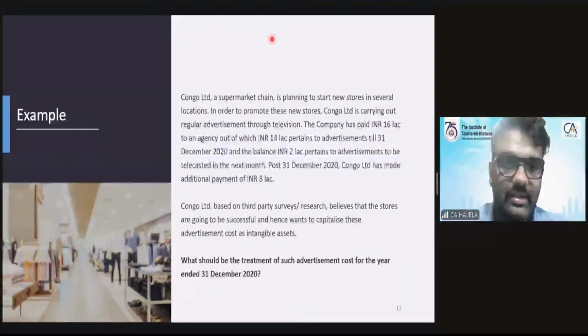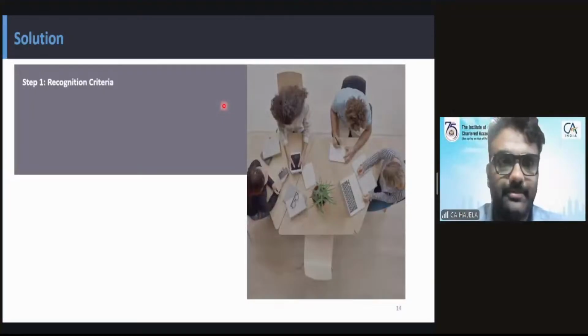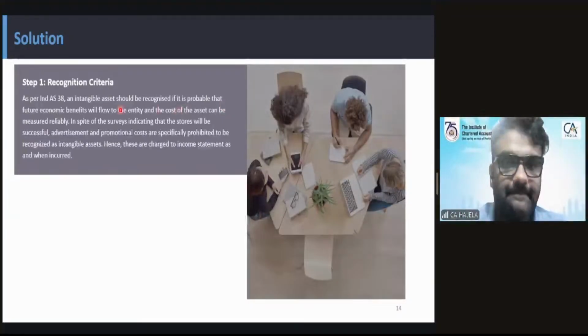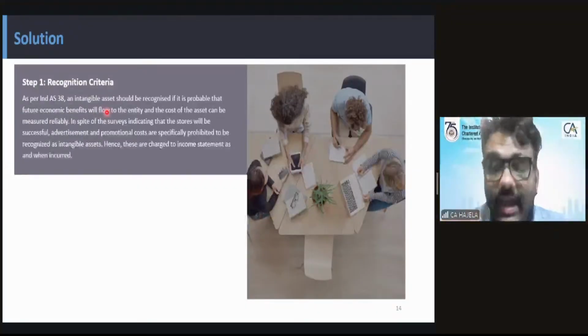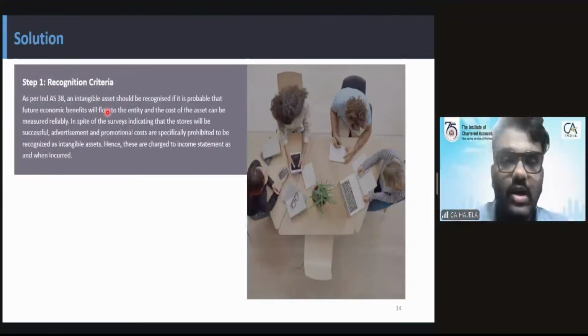Right? I am buying advertising rights for 1 hour, and I can further sell it on my own wish, at the price that I choose per minute, to some external companies or to whomsoever I wish. That would have been the control. Now the thing here is that this is not a control. So future economic benefits will flow. But what amount will I establish to it? What is the amount? Let's say I am like, okay, let's